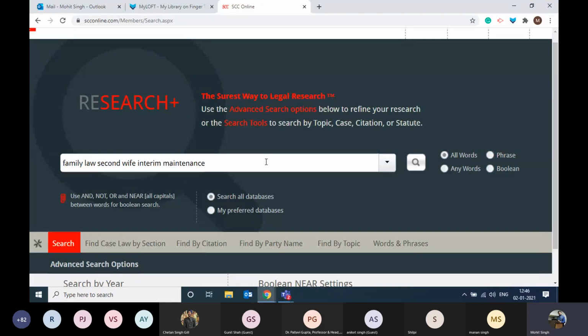All right. So what we were trying to do over here, we have created a query in which we have already filtered down the query to the bare minimum legal words which are present in the query. Now, as you can see on your screen, you get to see family, law, second wife, interim maintenance.